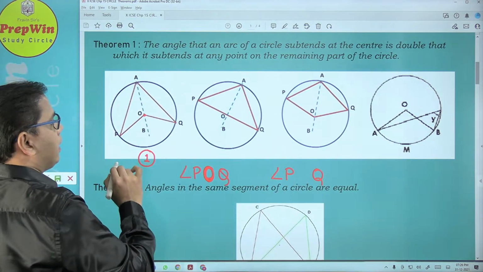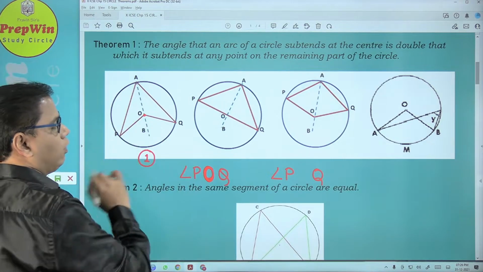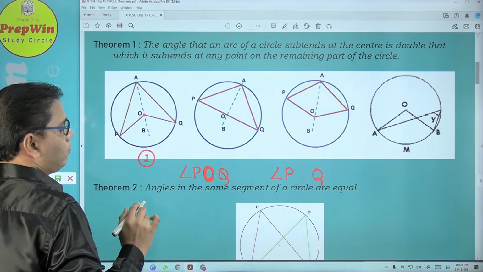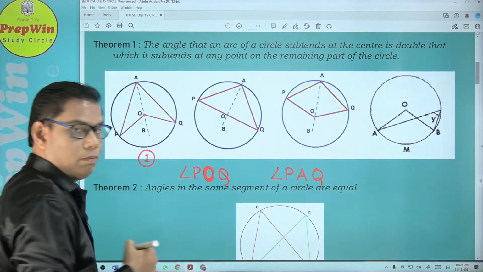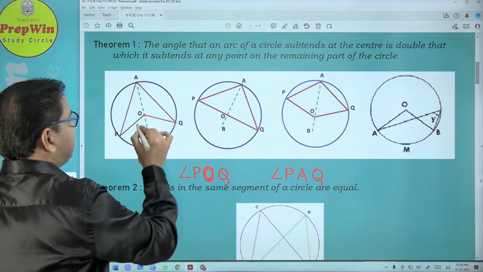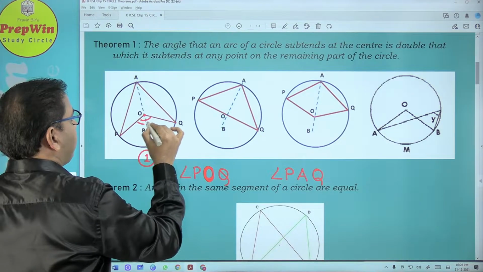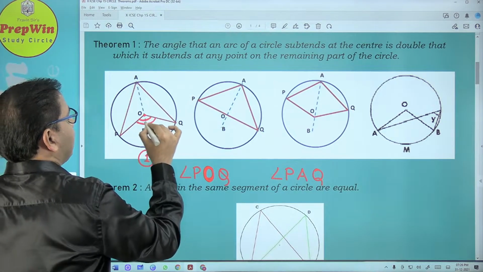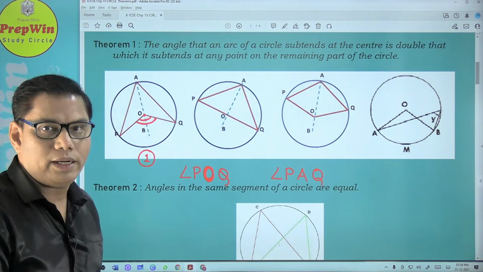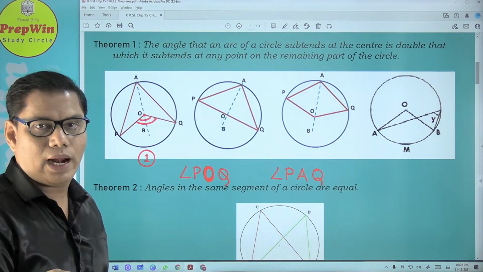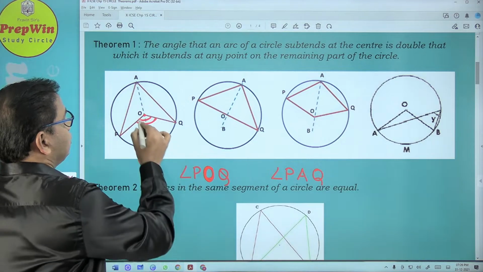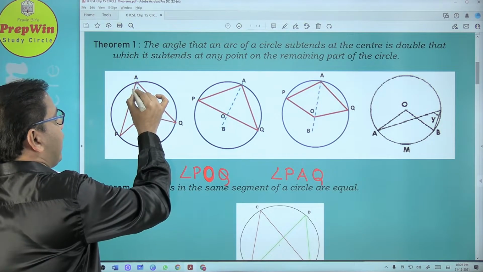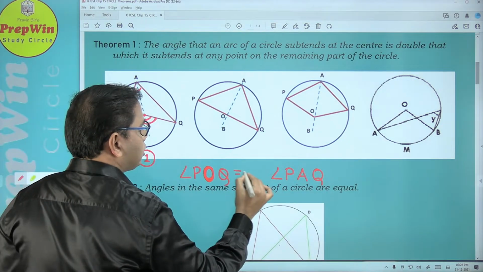Can you name the angle which is on the circle, whose vertex is on the circle? A. Okay, angle PAQ. Correct ना? Angle PAQ. So central angle, obviously आप लोग देख सकते हो डायग्राम में, you can clearly see. But geometry में rule होता है, do not believe your eyes. Yes, we can prove this by theorem also. So this central angle is twice the angle A.